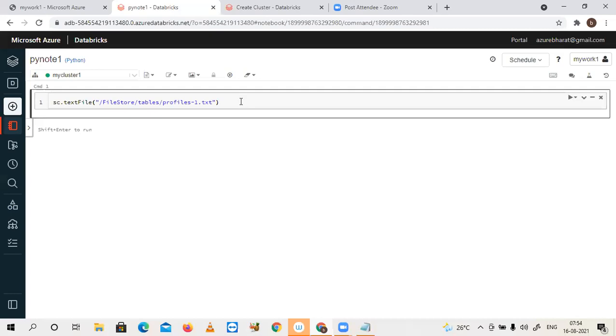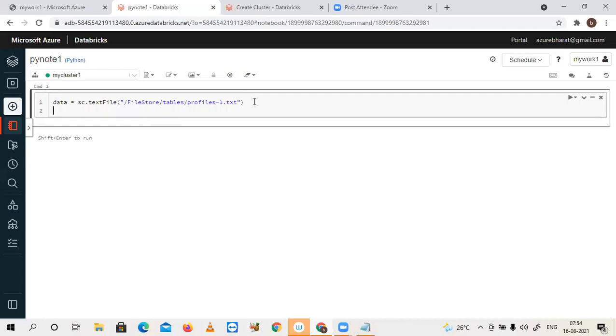Second way, when you read data from a file or a database. The third way, when you perform a transformation on an existing RDD. I am assigning an RDD name for this. Let's say the RDD name here, data. data equals sc.textFile, profiles.txt.